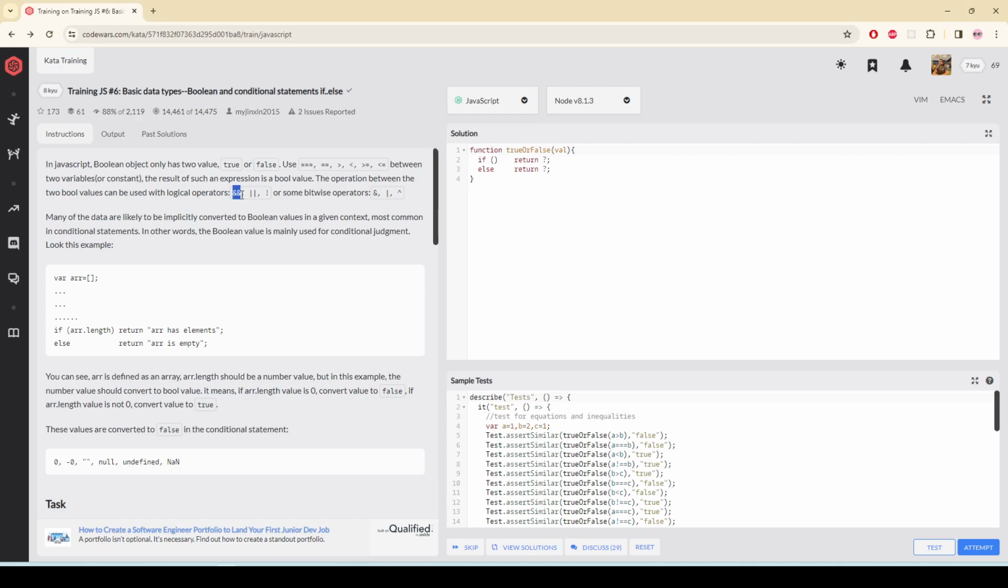So if I write and then, both of the logic has to be met. They both have to be true. If I give this one, so the logic either this one or either this one, and bitwise operator. Many of these data are likely to be implicitly converted to a Boolean value in a given context,